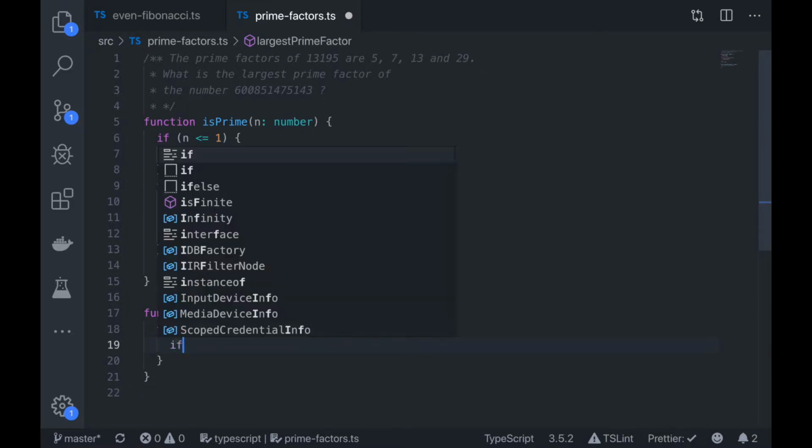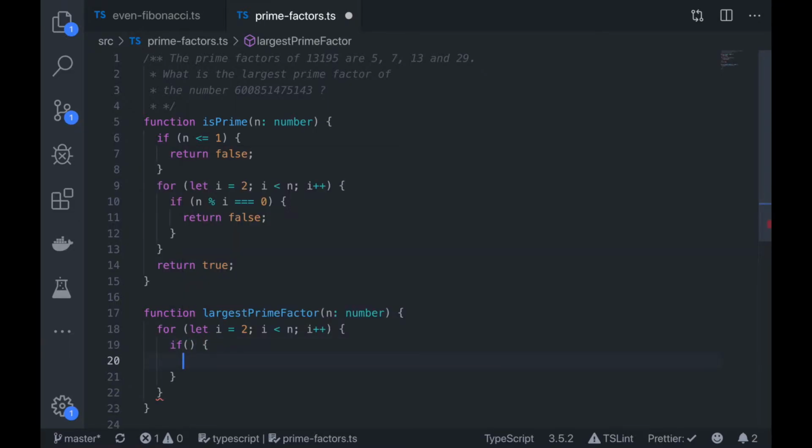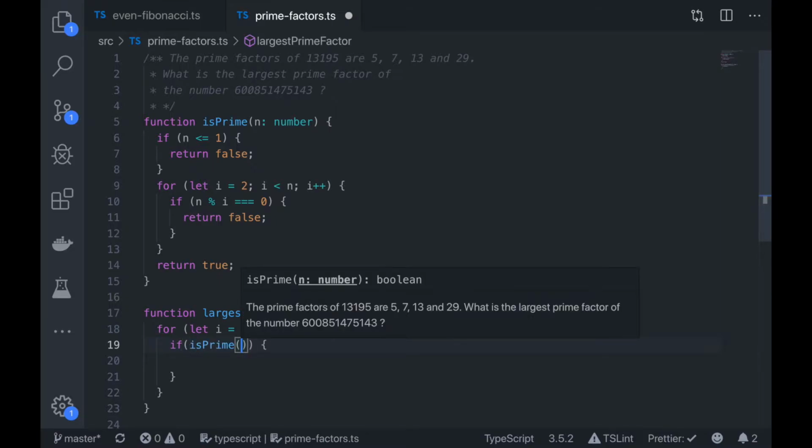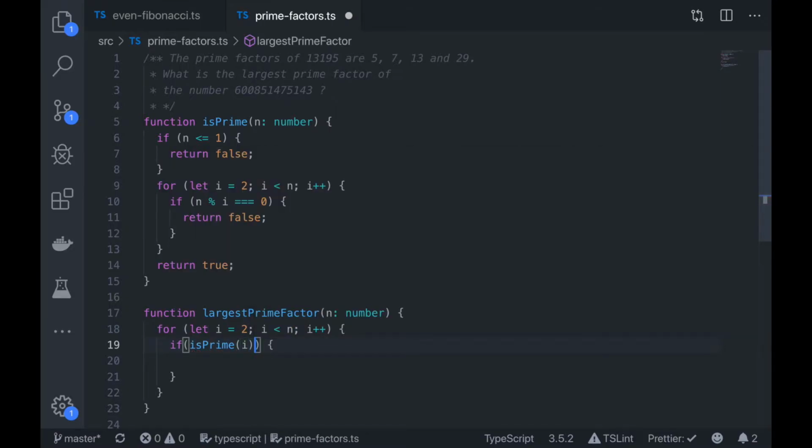We want to see if this number over here, i, is a prime number, right? So we'll say if i is a prime number, and i divides n,